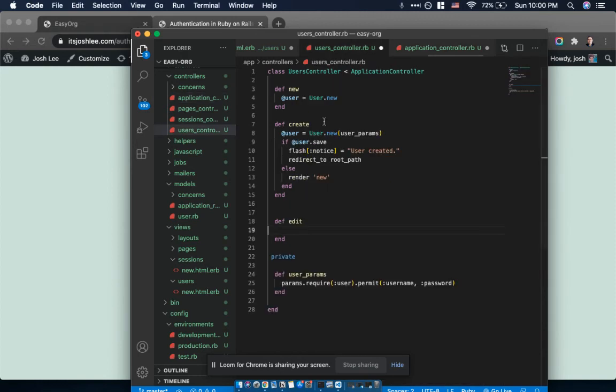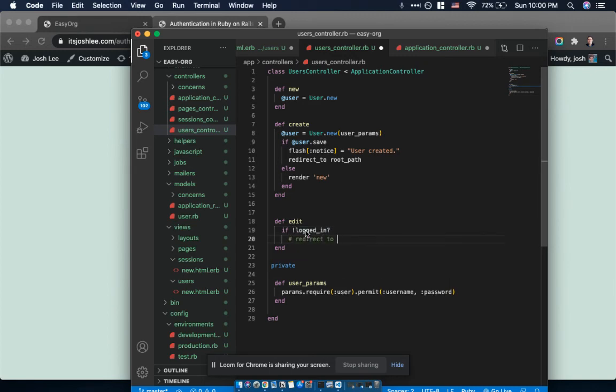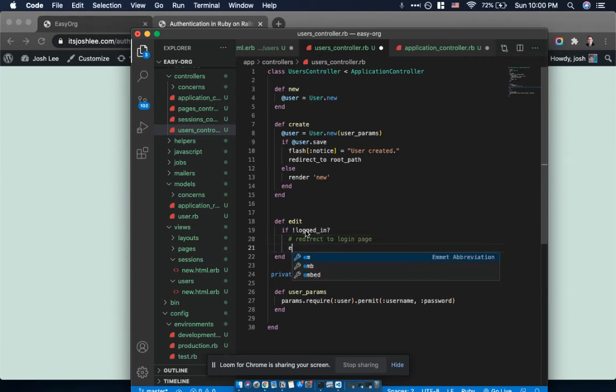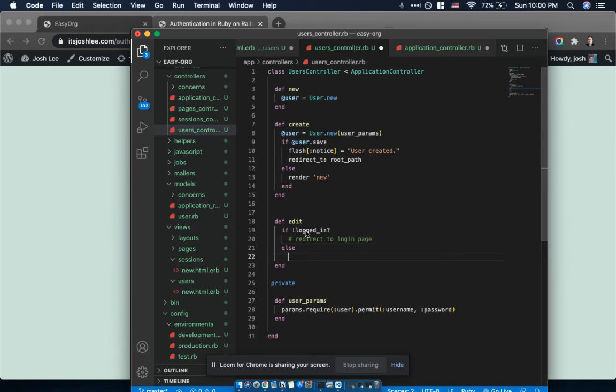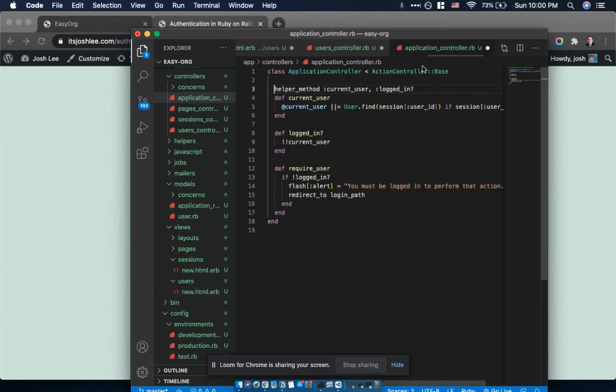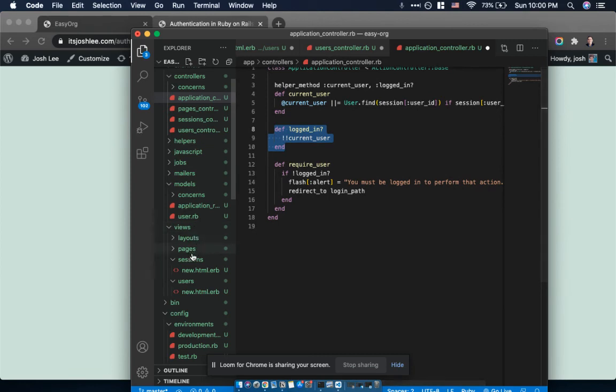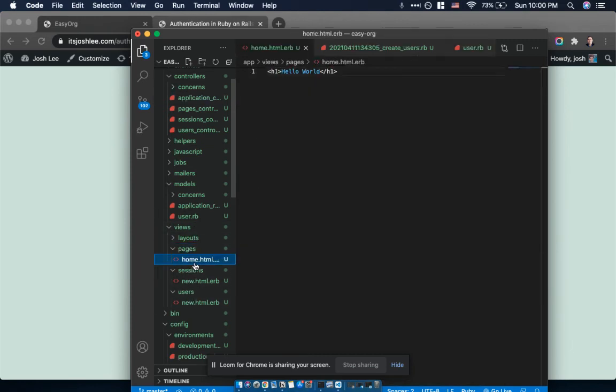So for example, in users controller, we can write the same code: if logged in. Same thing we did. If not logged in, redirect to login page, else do cool stuff, or we'll let them do whatever. And we also have these helper methods. Current user and logged in are helper methods. That means we can use these in our view. So if we go to pages home, we can say hello world, and then we can say